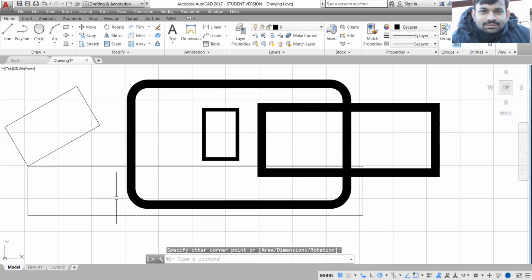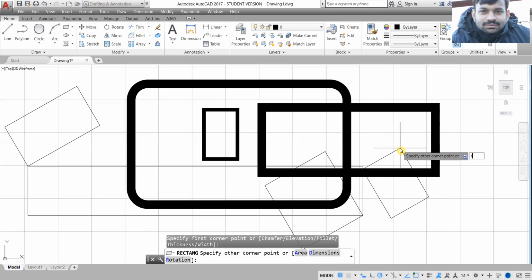Again, if I start the command, it will continue to draw the rectangle in the same manner. In order to exit from that, I can start the rectangle command, select the starting point and go to the rotation option. I can go to the rotation option by pressing R, enter, and specify the angle. See, you can draw at any given angle instead of 30 degrees. You can click anywhere and it will make your rectangle.